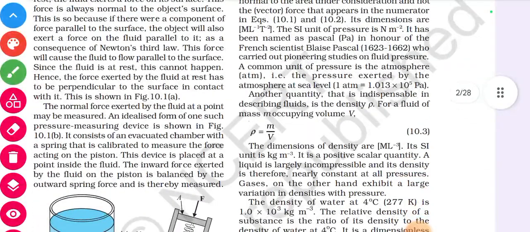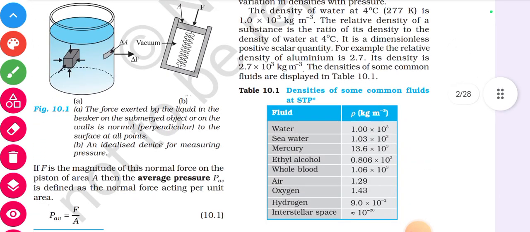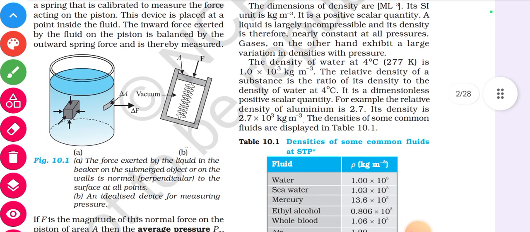Then there is a mention of the density of water. It is maximum at 4 degrees Celsius, and below that, water shows anomalous expansion. What should happen is that when we decrease the temperature, the volume must decrease, it should contract. But what we notice is that when we decrease the temperature below 4 degrees Celsius, then water